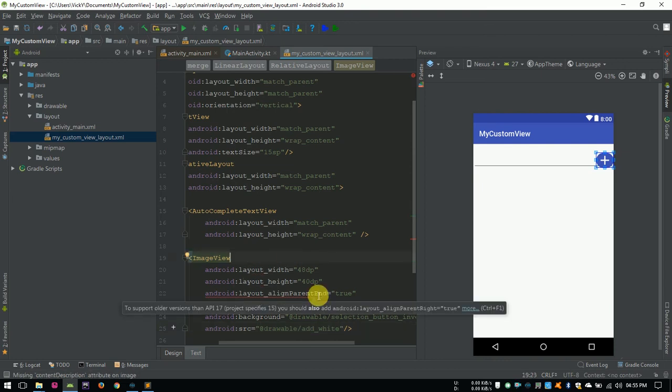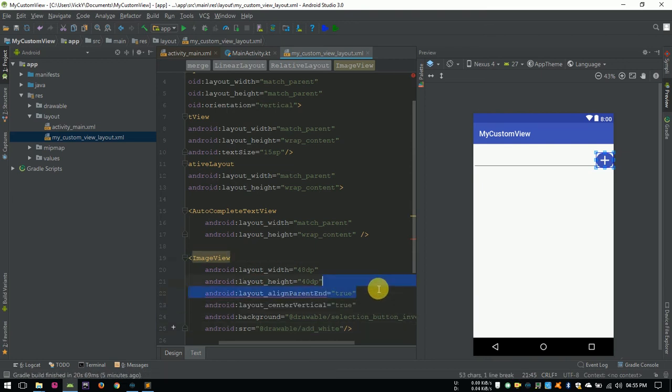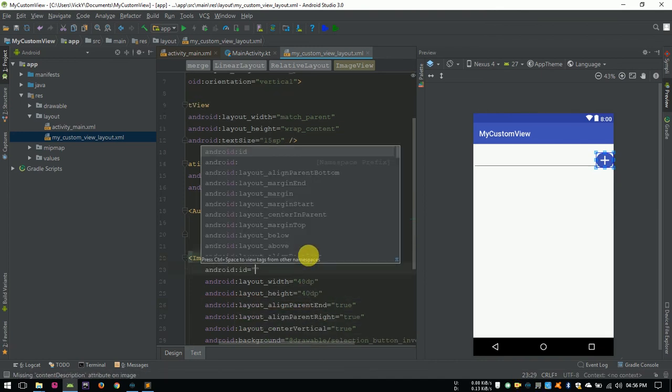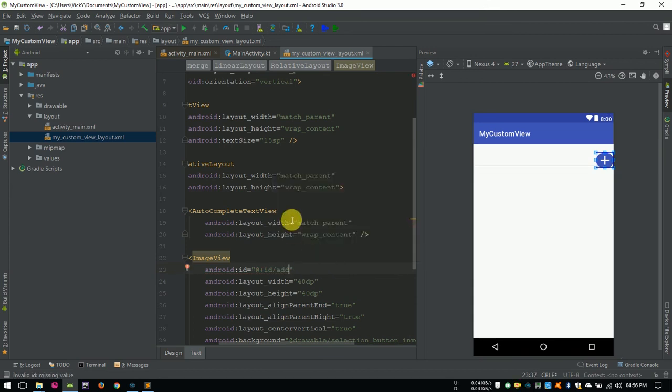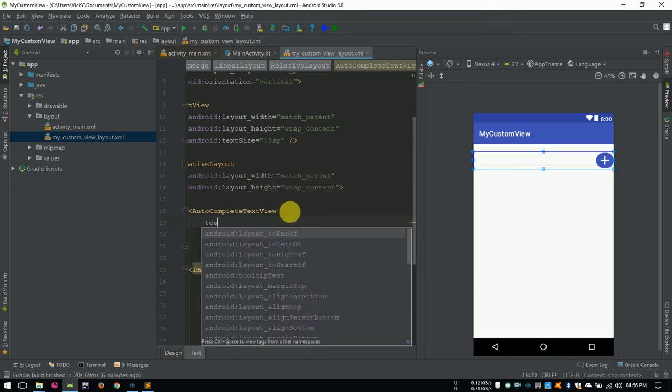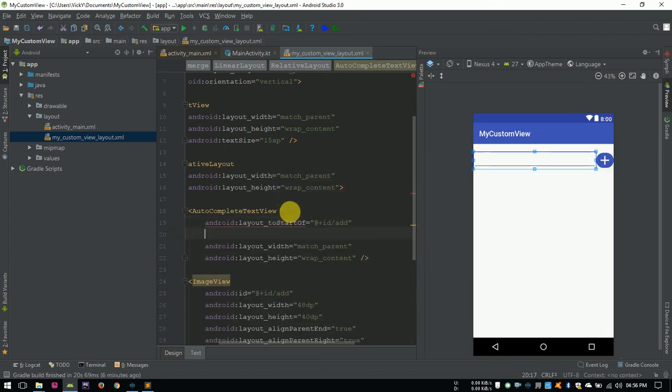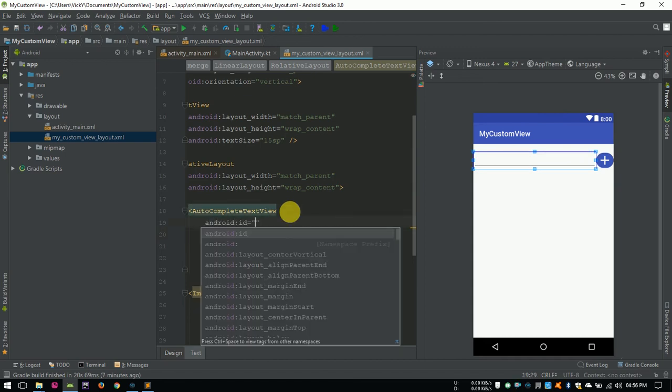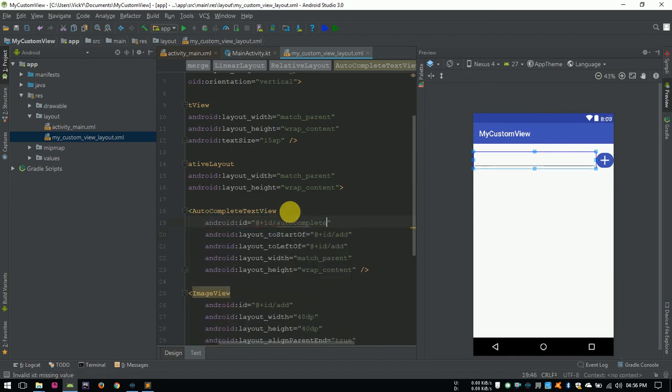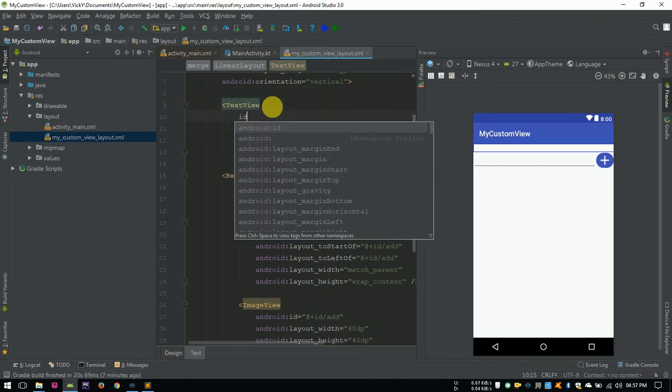We need to add align parent right as true to support devices which have API level less than 17. Assigning ID for the image view as add, aligning the autocomplete text view to the left of the add button, using toStartOf as the add view and toLeftOf as the add view. Assigning ID. Also assigning ID for the title text view.